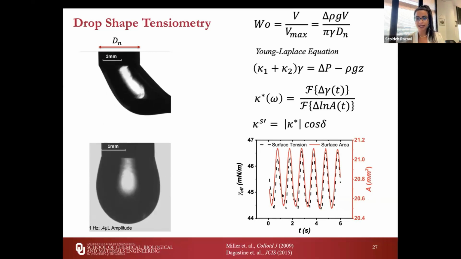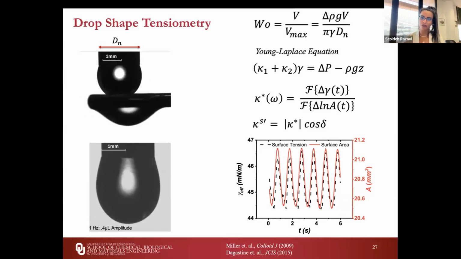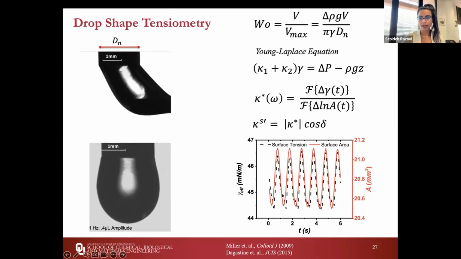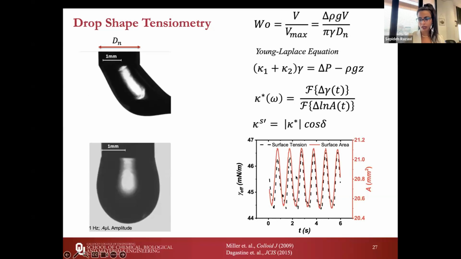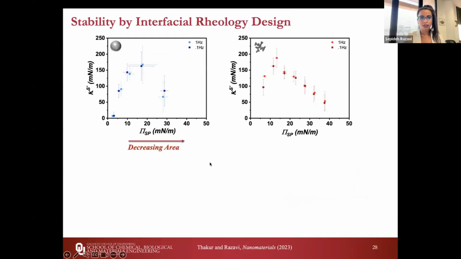And as you know, if the response to the applied change is completely in phase, you have a very elastic network. And depending on the phase shift between the applied change in the area and the response of the effective surface tension, you might have a viscoelastic network. So with these experiments, we can get the mechanical properties of the network, which is what we are after, to go back to that Gibbs elasticity criterion, as a function of the surface coverage. Because we can compress the network, we can decrease the volume and effectively increase the surface coverage at the interface. So as we decrease the area, we are effectively increasing the particle coverage at the interface. So as you can see, both of the two particle systems have a very high elasticity.